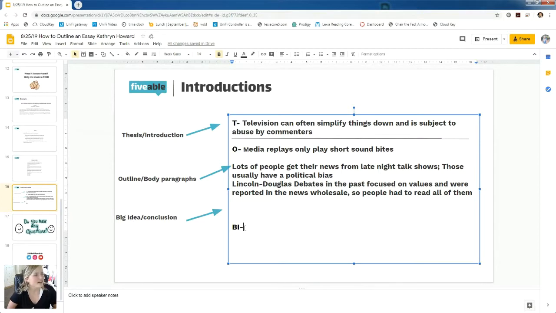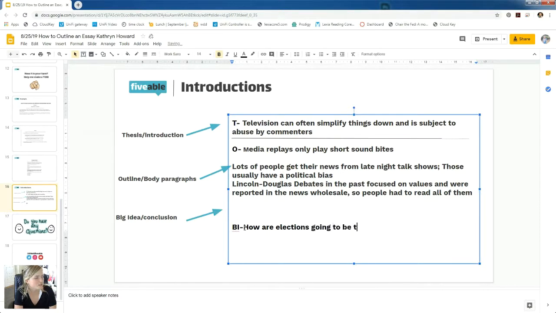So for my big idea, this is a little bit more, it can go either way. It's either going to be harder to do a big idea or easier. It'd be harder because everything is a modern subject, but then it makes it easier because everything is modern anyway. So confusing. But for a big idea, you could ask a question like, how are elections